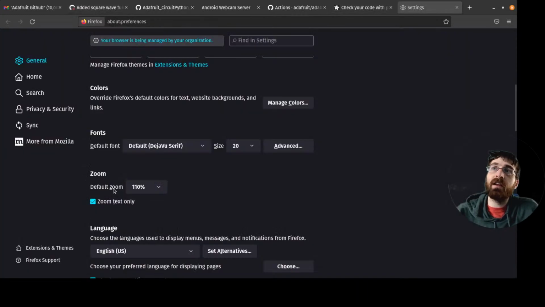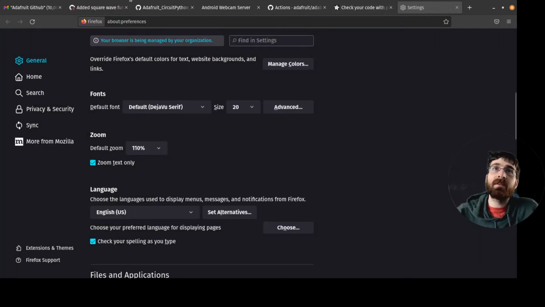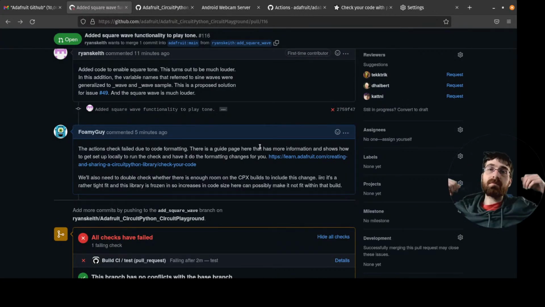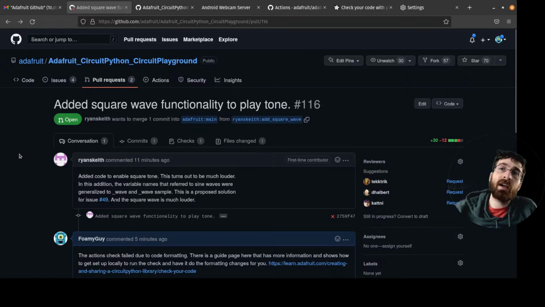So the browser had this other setting of allow pages to choose their own. If I turn this off, then GitHub CSS no longer has control as much. It would have been nice though for GitHub to just make it account for the actual setting correctly. That would be the correct way in my opinion, but nobody at GitHub probably wants my opinion.